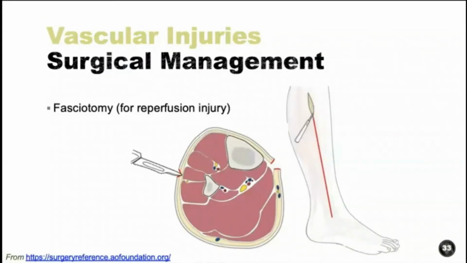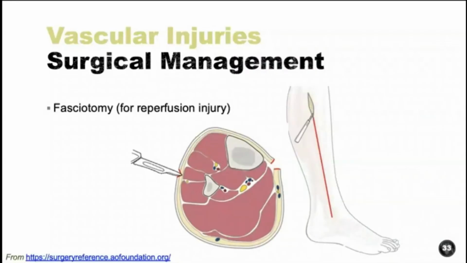And in different institutions that may be performed by vascular surgery, general surgery, or orthopedics. But this is something where sometimes, in my experience, the vascular surgeons may or may not think about this. And it's really because the consequences of a missed reperfusion injury are essentially going to be managed by orthopedics. It's really up to us to identify patients at high risk of a reperfusion injury and to advocate for early